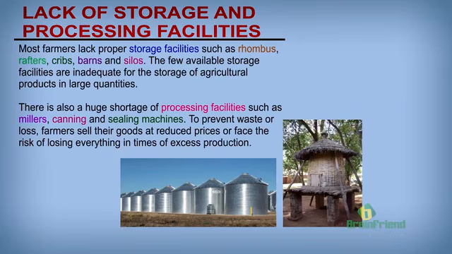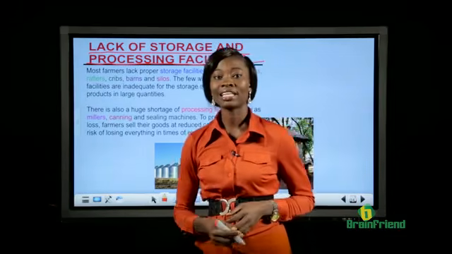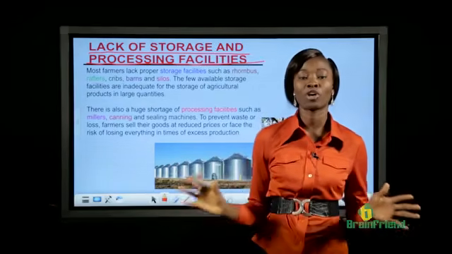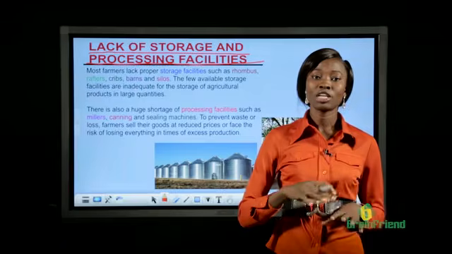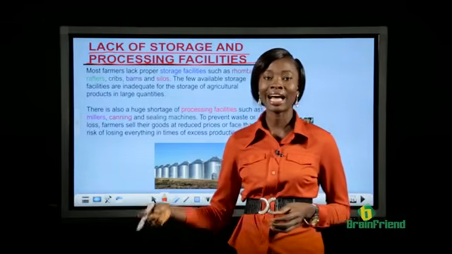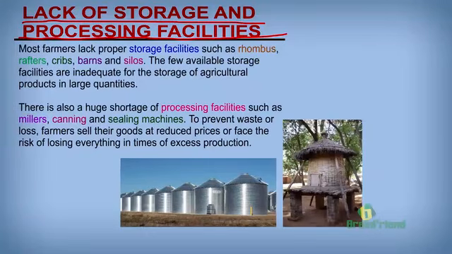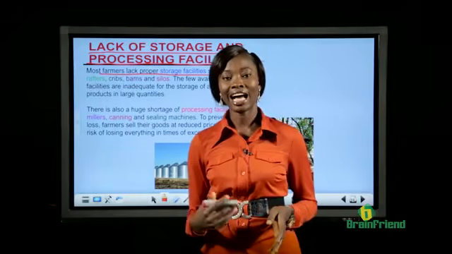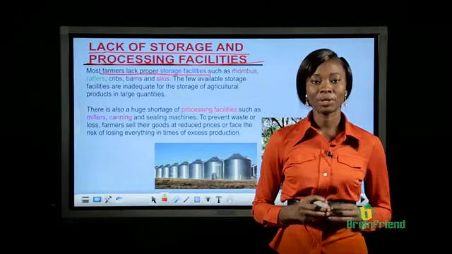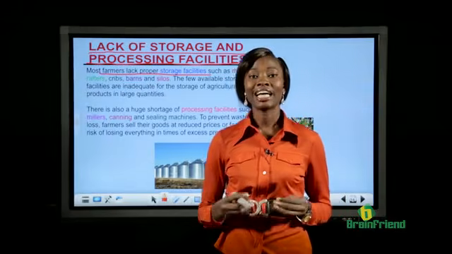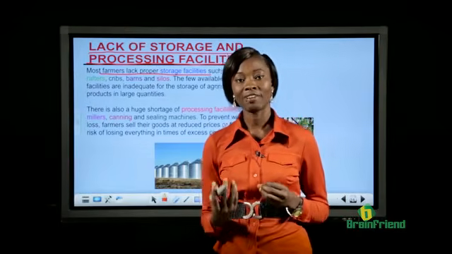Now let's look at the problem of lack of storage facilities and the lack of processing facilities. Storage facilities are facilities that are required for the storage of agricultural products, and processing facilities are facilities required to process some of these agricultural products into other items that can be used by people. Most farmers in Nigeria lack storage facilities. Some storage facilities are locally made, while some are imported. But farmers in Nigeria lack adequate amounts of storage facilities such as